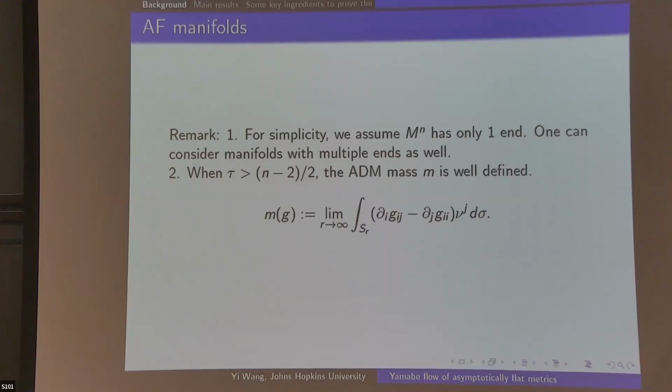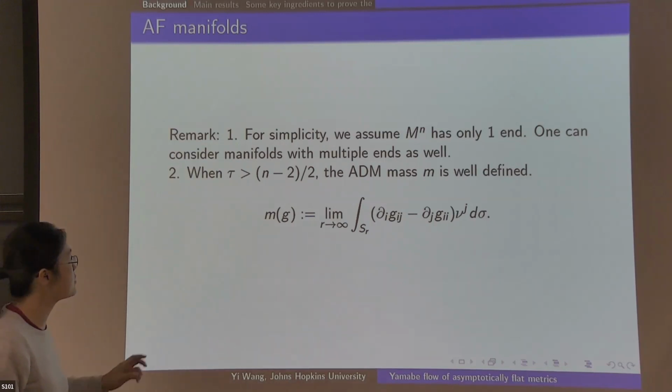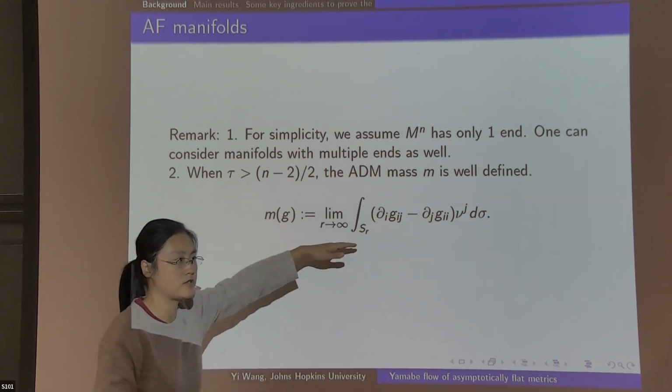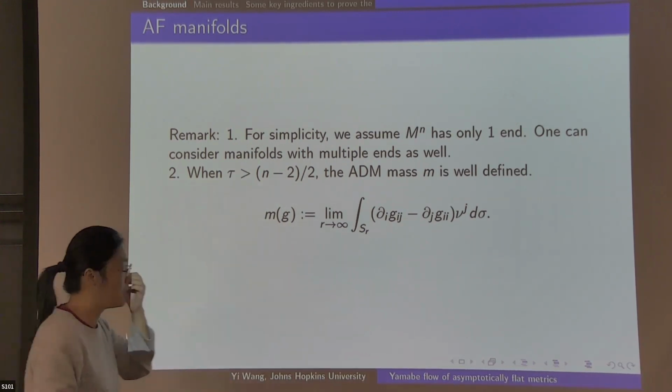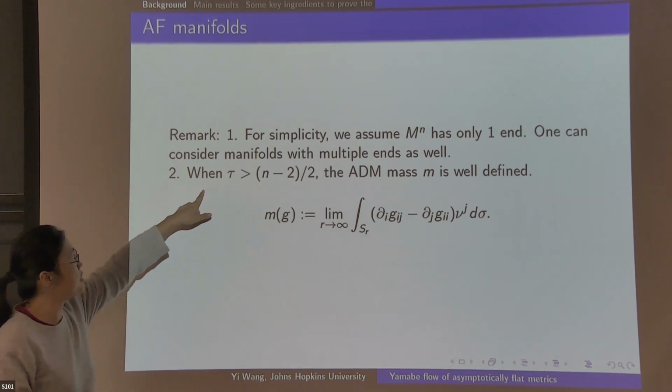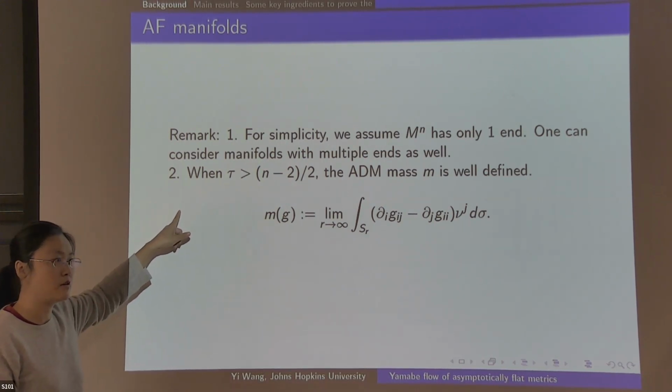So what is the physically realistic value of tau? If I had some masses, but what would it actually be? n-2? That's a very good point. Here, one needs to have tau big enough in order to define this, otherwise it's not integrable. But on the other hand, tau needs to be strictly less than n-2.